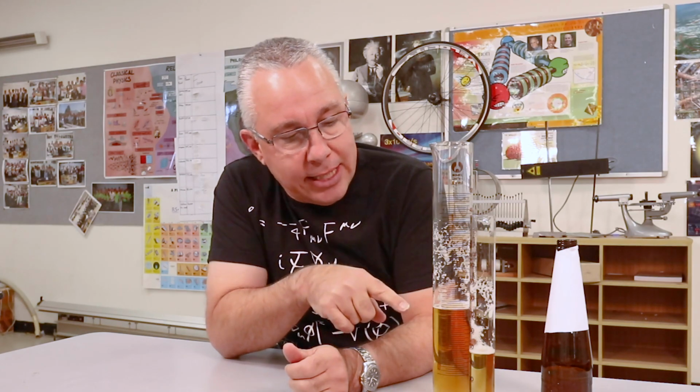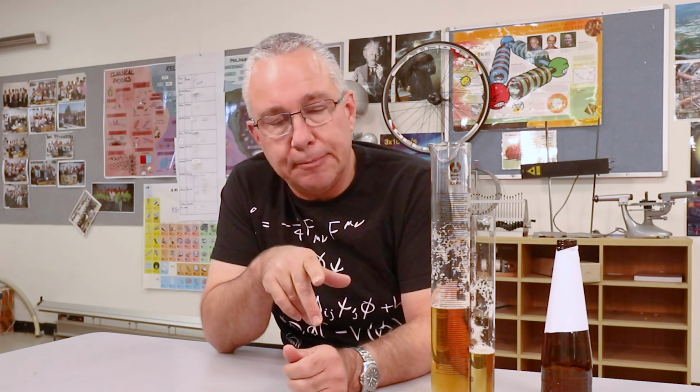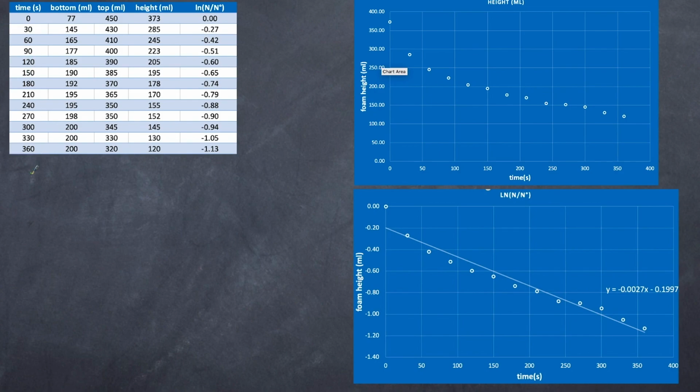Now, I examined the data of the larger measuring cylinder as well, and I discovered that its half-life, the time it takes for half of it to disappear, is actually a different value, and you'll see the results here. And now I've saved time by just showing you the time here and my log natural here of n over n2. Here is my classic curved shape, my exponential decay, and here is my graph that gives me